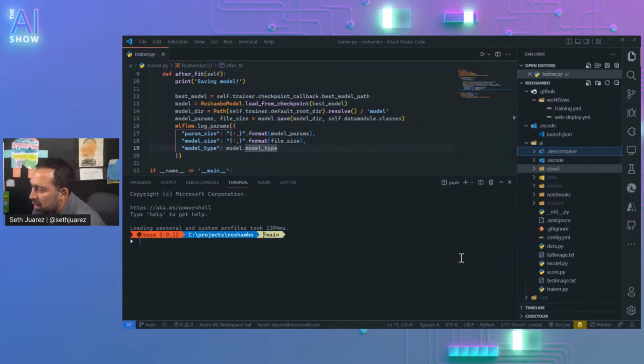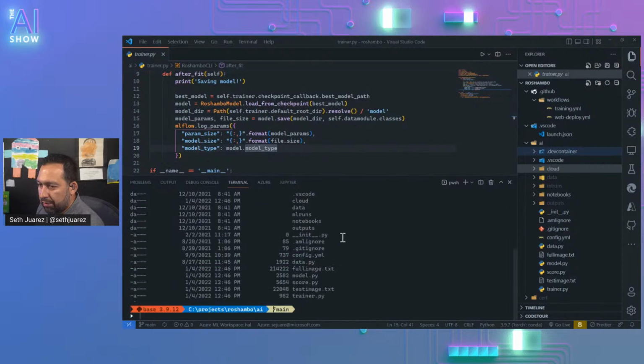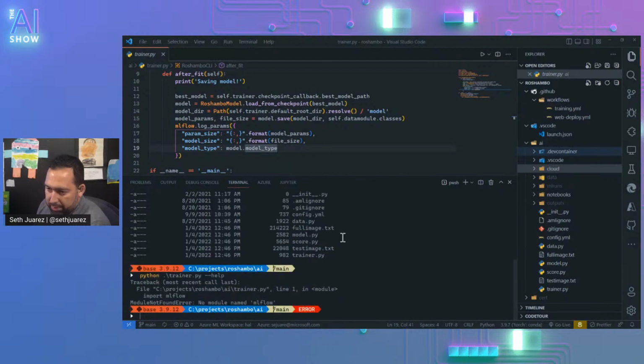Let's do it. Alrighty. So I have to turn this way, otherwise it won't work for me. So the first thing we want to do is let's just run it and see what we got. cd ai, python trainer.py, help. Oh, there's no MLflow.